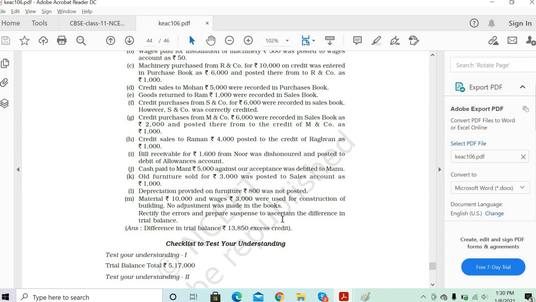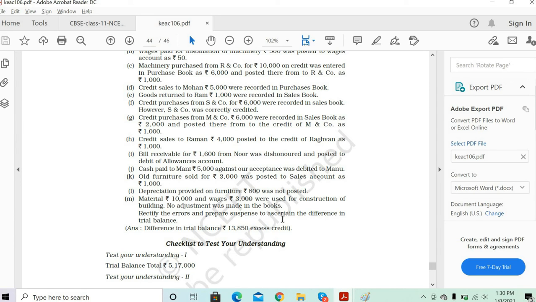So can you repeat? See, the question is what is the error in this statement? The error statement says that you have done the sales of 4,000 rupees to Raman on credit. Okay, credit sales. Now, instead of writing the entry there, you wrote the entry as a credit to Raghuvan of how much? 1,000 rupees. So money has not come to you, still 1,000 rupees has gone to Raghuvan as a credit. You have entered that there.